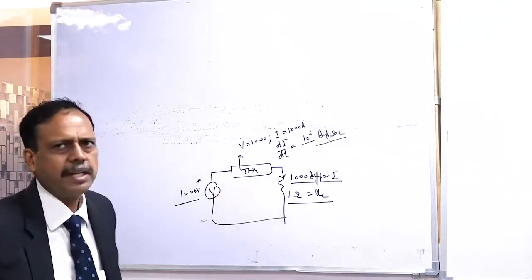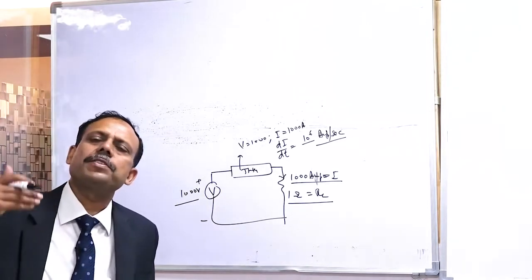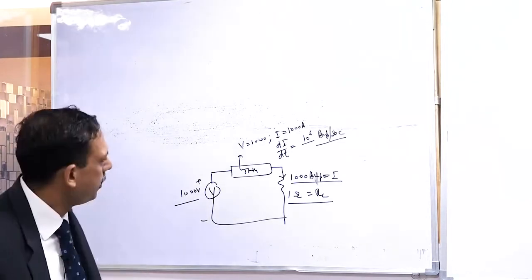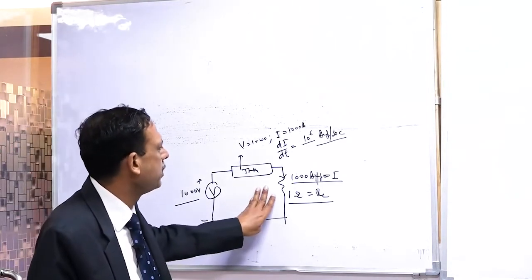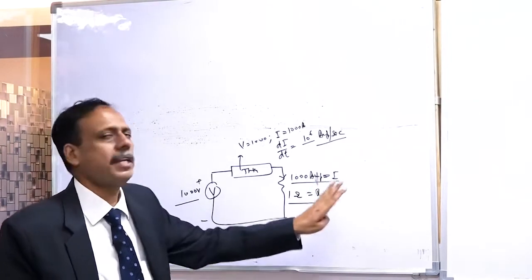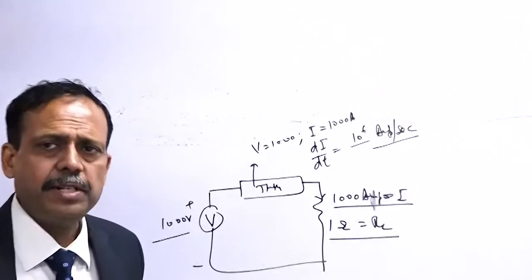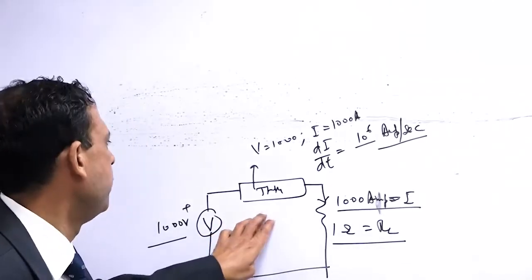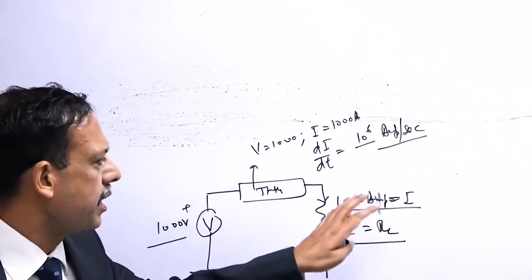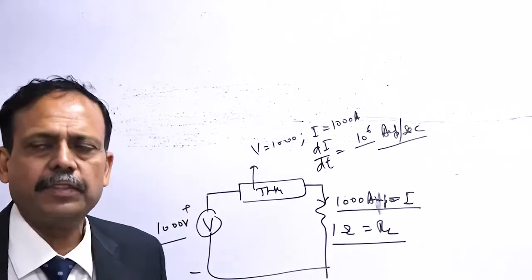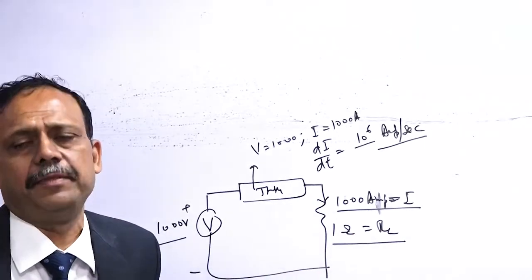Now can you use this thyristor? What more modifications are required, if any? Is it enough that you are restricting the current of this circuit to 1000 amperes, the rating of the thyristor? Is it enough or is something else also required? When you are using thyristors, do you only have to see the steady state current of 1000, the rated current of the thyristor, or is something else also to be seen?